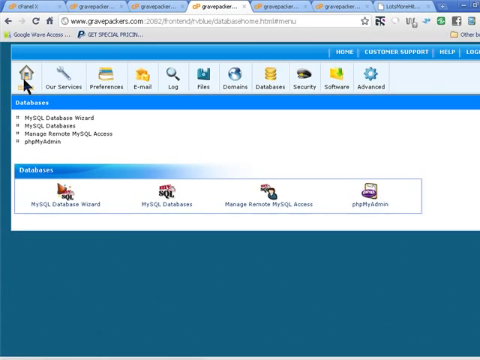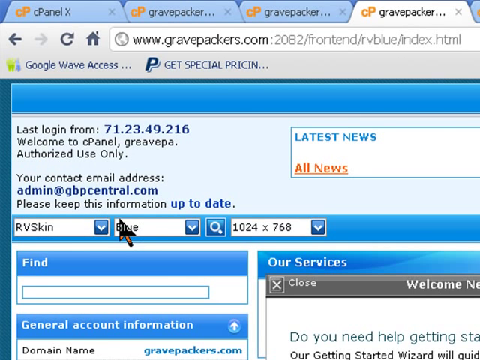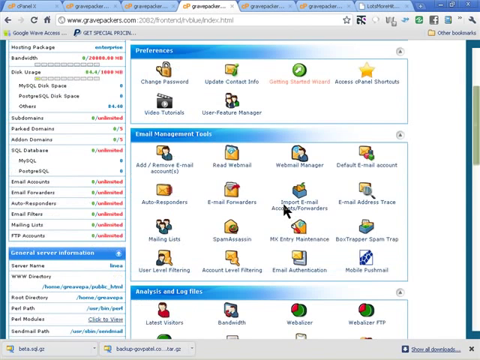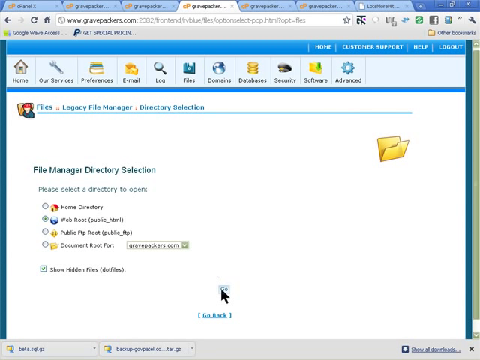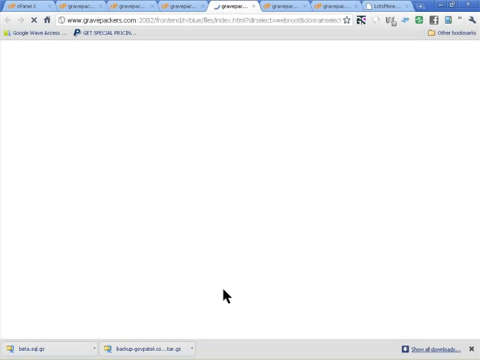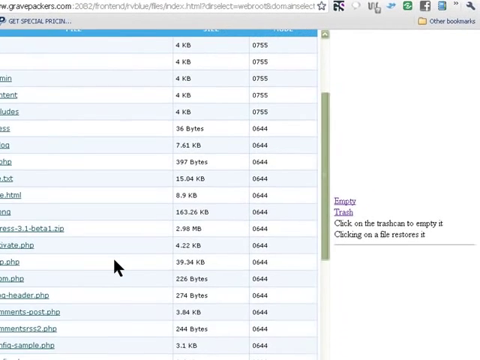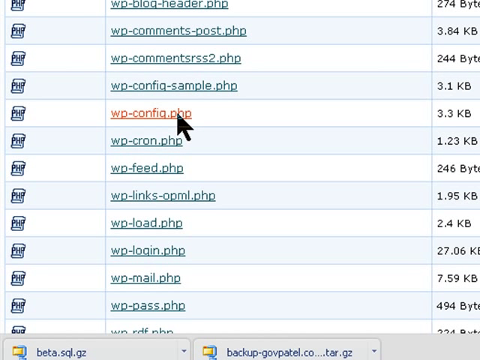and we go into our home again, and then file manager. There's two of them. I normally always use this one. I like legacy file manager better than the other one. In the configuration file here,